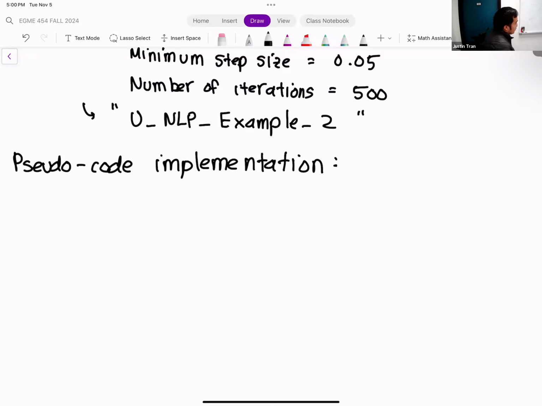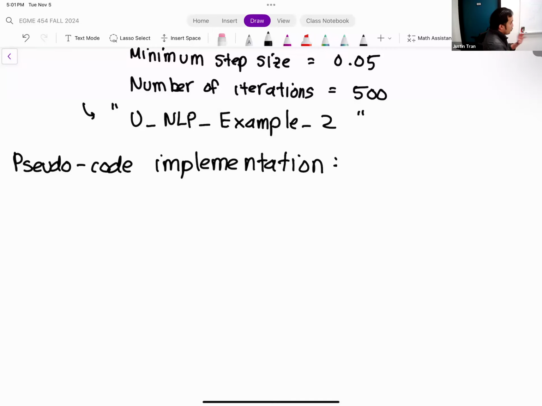The reason I want to show you the pseudocode is that it's a great way to practice coding without actually having to open up MATLAB. It's also going to be the way that I test you on the midterm, just because I can't have you write MATLAB code on the midterm itself. But I do want to be able to test to see if you understand the logic in terms of how these algorithms are implemented in computer code.